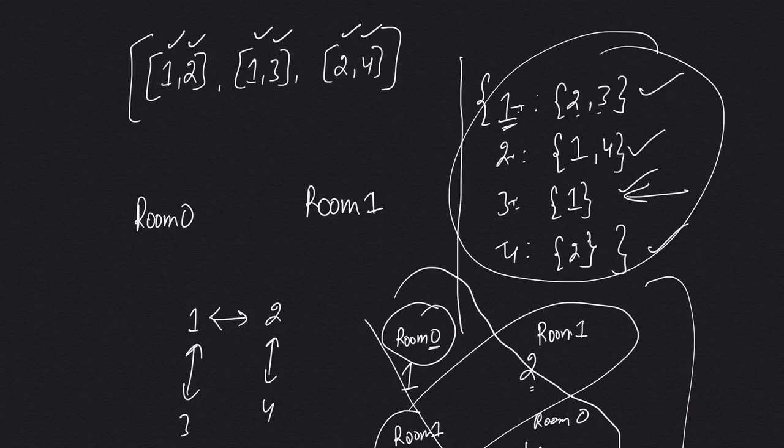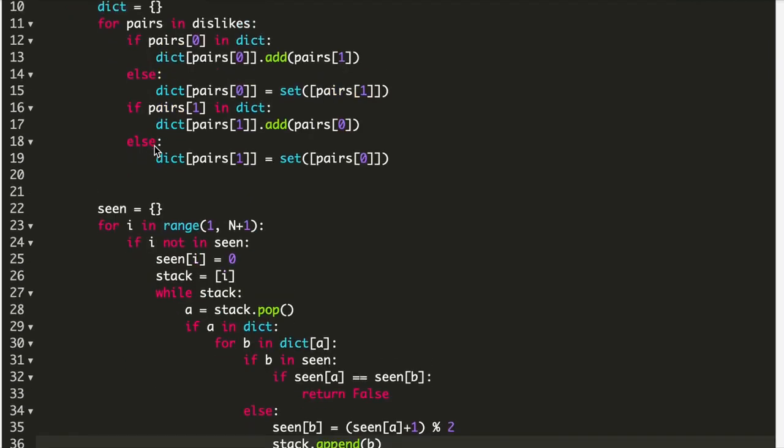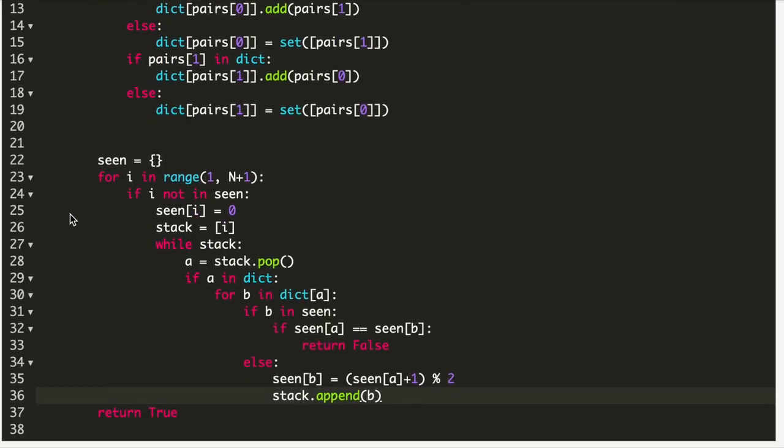So let's move on to the coding part and let's see what the code for this problem is. At line number 10, I made a dictionary which is storing the person and the persons he does not like. At line number 22, I made a dictionary scene and I'm taking a loop. And if i is not in scene, then I'm assigning room number 0, or you can say initial value 0, to i in the scene, and I'm adding i to my stack, and then while my stack is not empty,